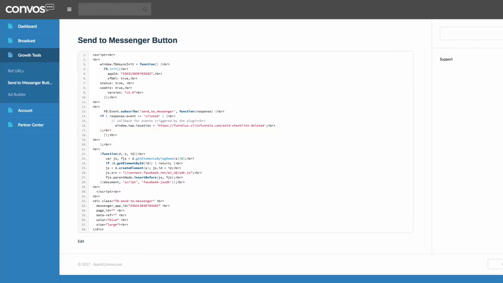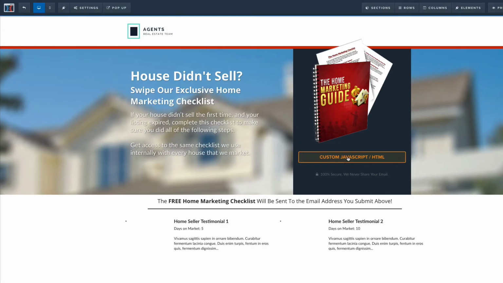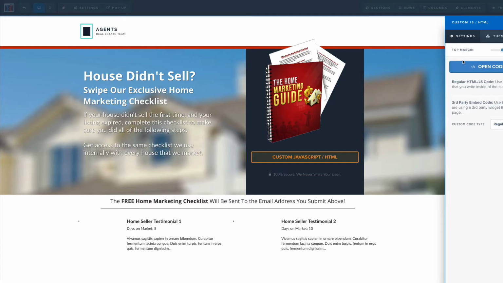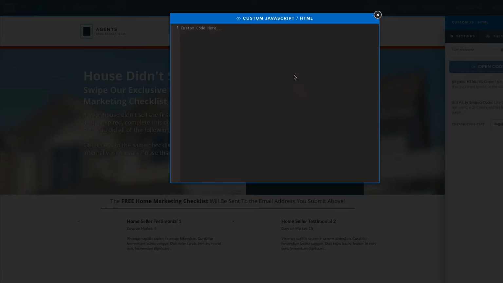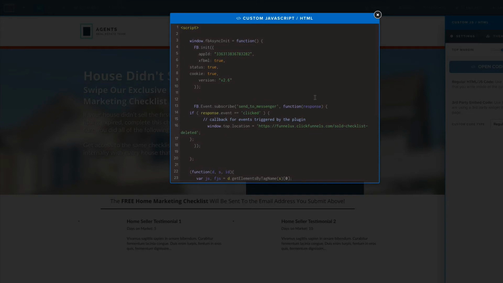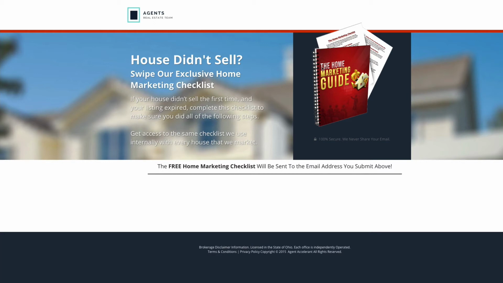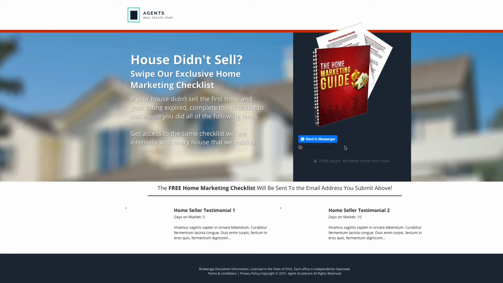So we want to go ahead and take that code that we have from the Send to Messenger and go to the landing page. In this one, for example, ClickFunnels, you could be using a WordPress site, or you could be putting this on one of your website tools. All we need to do is paste this entire code string into a JavaScript HTML snippet, and I'm going to save it here. Then I'm going to go ahead and preview, and we should see a nice little button,